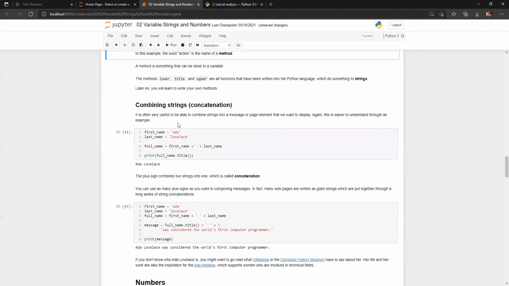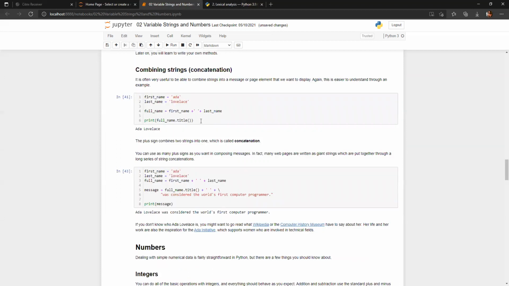Now the second thing is how you can basically deal with strings. Suppose you want to combine strings. What is combining? Combining is basically known as concatenation, so in Python you say concatenate. It is basically termed as combining any two things. Like, in a specific variable your name is being stored, and in the next variable your surname is being stored. Now you want to combine these two things and make a single variable. How will you do this? We'll be using concatenation in this step.